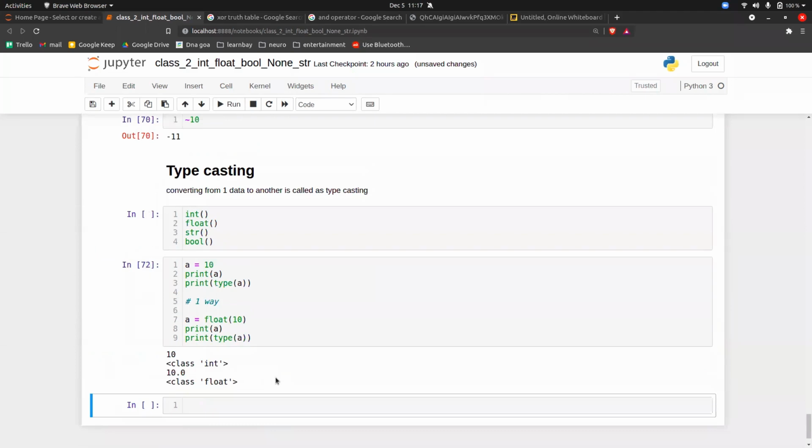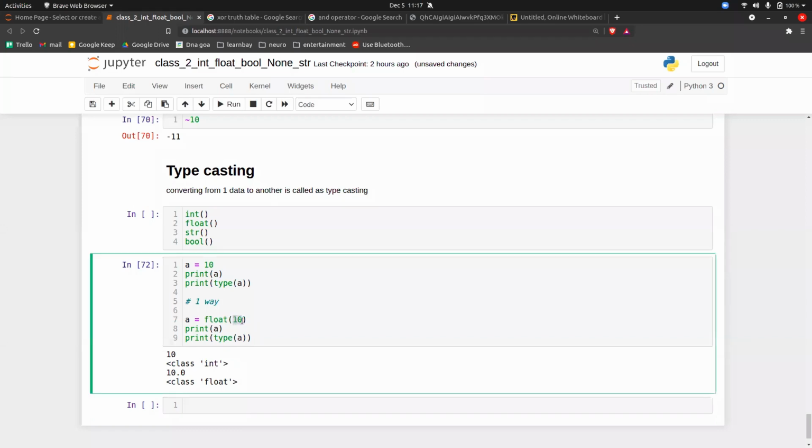See, in the first way, this 10 is getting converted to 10.0 because you are converting into float, and the float representation of 10 is 10.0, and it is getting stored in a. So if you do print of a, the answer is 10.0. If you do print type of a, the answer is float.